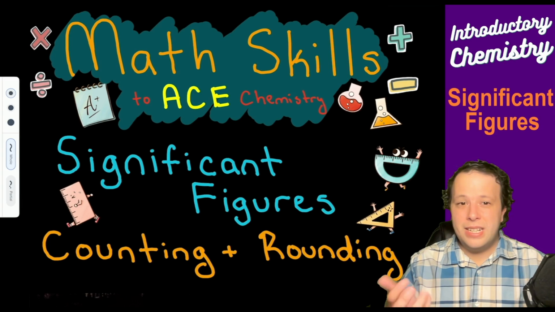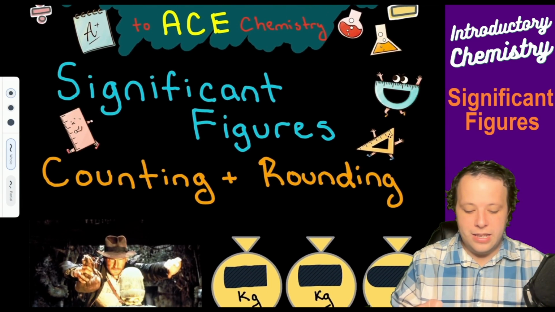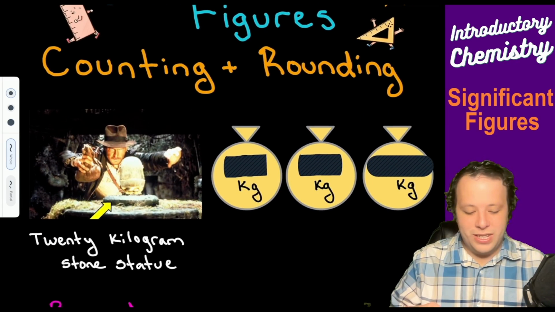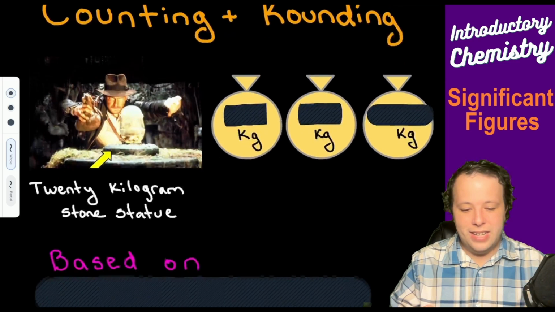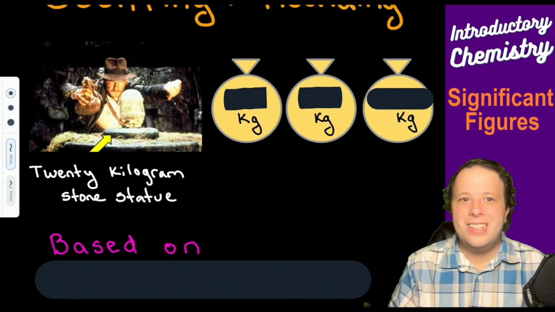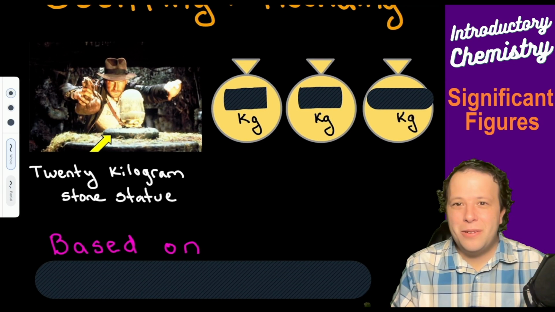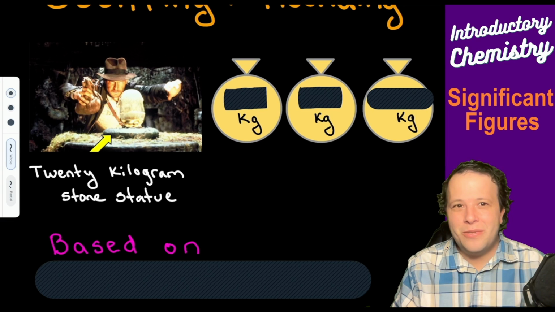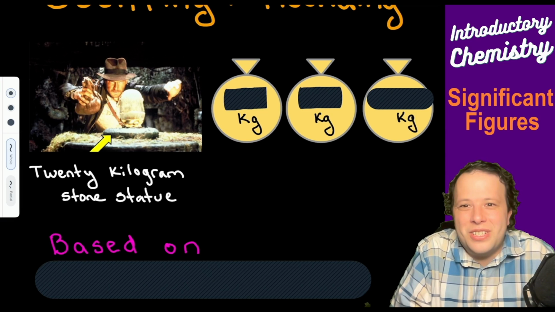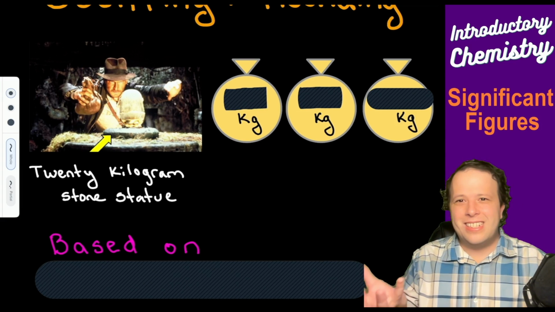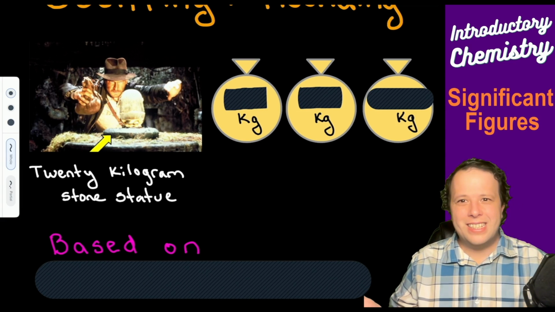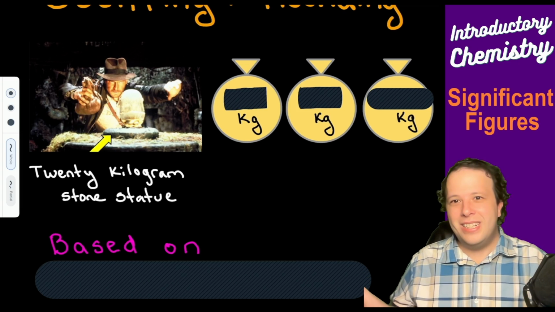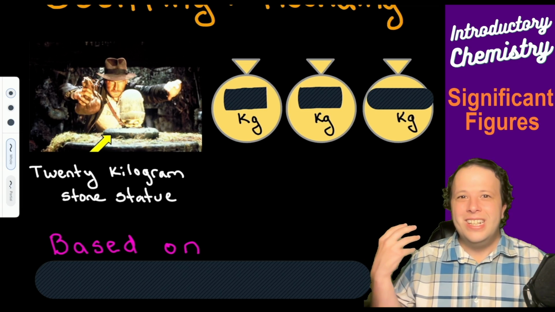So when it comes to significant figures, the big idea here is, if I take one analogy that I like to use in a lot of my classes, if you remember that famous scene from the Indiana Jones movie where there's this gold statue in front of him, and all of a sudden he decides to swap it with this bag that just happens to be the same weight as it and doesn't trigger the trap. Well, in the movie, it still triggers the trap, but the whole idea is,